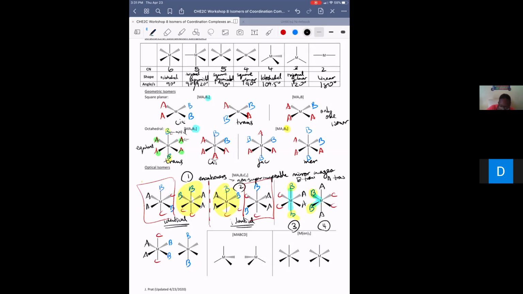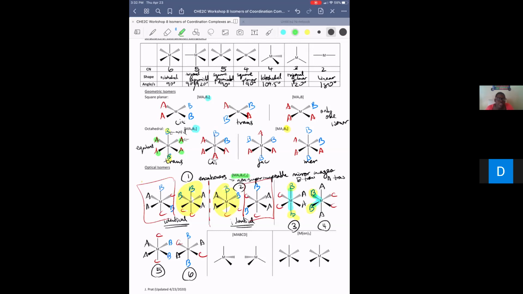So if we make B trans, and we make A trans, and we make C trans, then now, once again, we've generated a complex where we can't get these angles to change, right? So now everything's 180 degrees apart. So we've actually generated a fifth and sixth isomer, right? So these would be our different isomers possible for this formula,